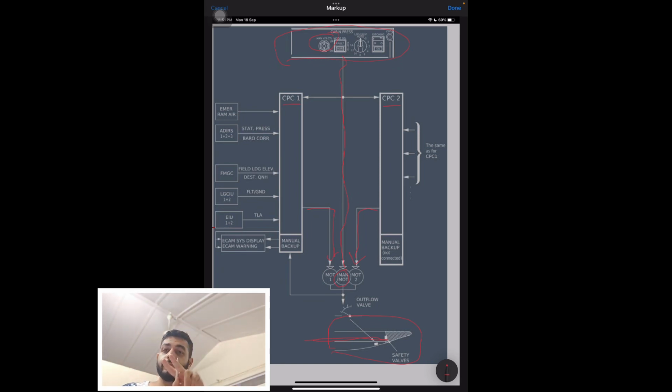And you have two safety valves which are on the rear bulkhead. The bulkhead is like one end of a cylinder kind of a thing. Have you seen those soda cans, like your Coca-Cola cans? You see there is that bump inside. Imagine that bump on the back of the fuselage. That's your rear bulkhead,